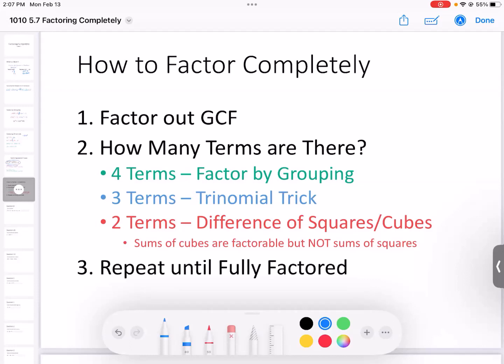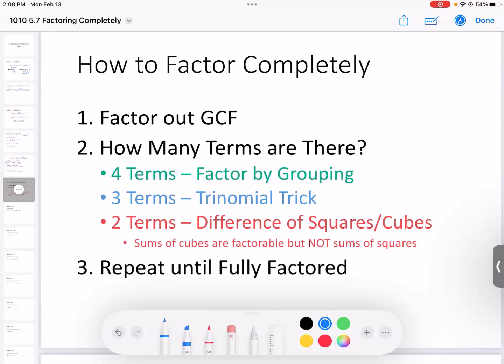Usually, if you have 4 terms, it will work out nicely to do factoring by grouping. Not always, there are some cases where factoring by grouping won't work. But if you have 4 terms, it's likely that they've set it up in a way for you to do factoring by grouping. If you have 3 terms, that's a trinomial, so you can just use the trinomial trick to turn it into 4 terms so you can do factoring by grouping. And if you have 2 terms, you want to check and see if it's one of the